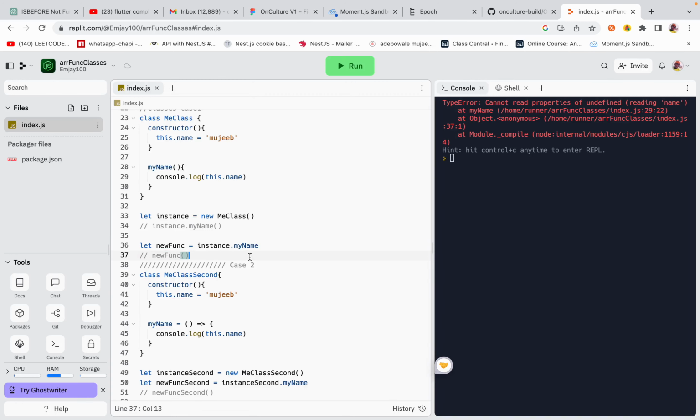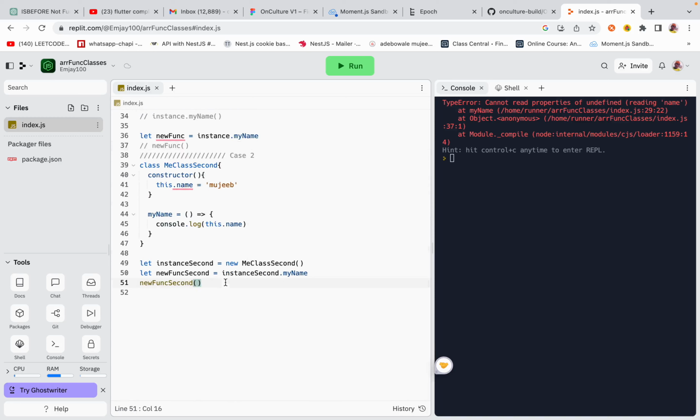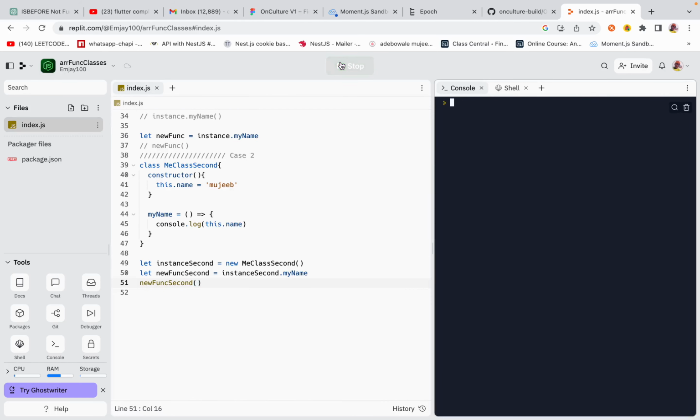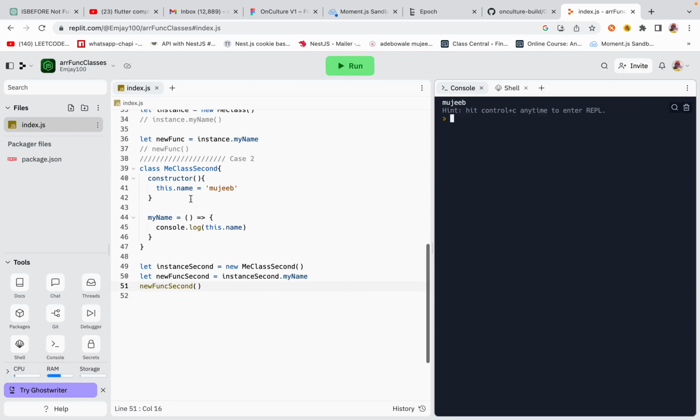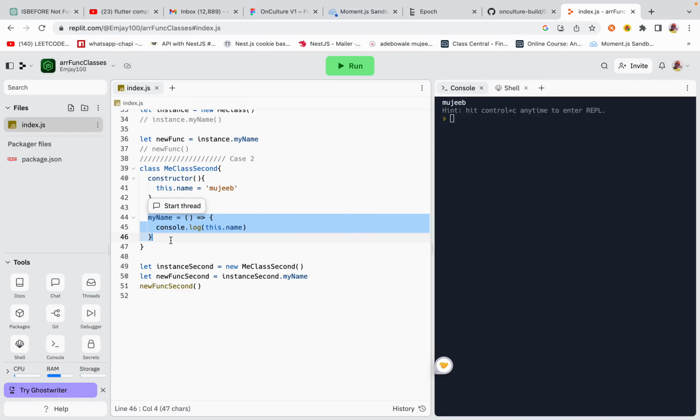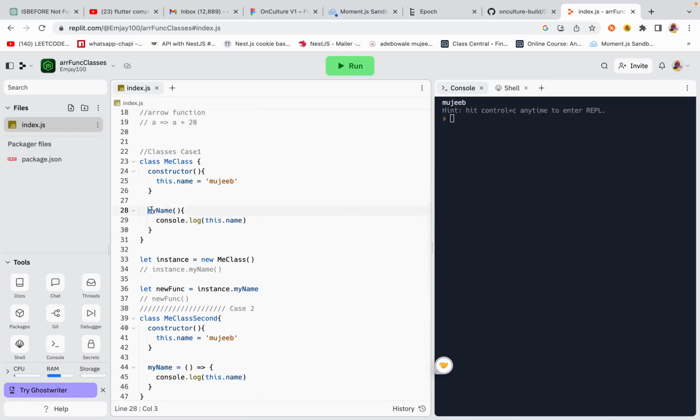Now, but what happens when we call the other function? In this case, what happens? Let's see what happens. There is no error, right? There is no error. Why is this? As a programmer, why is this? This brings us to the main difference between the arrow function and the traditional